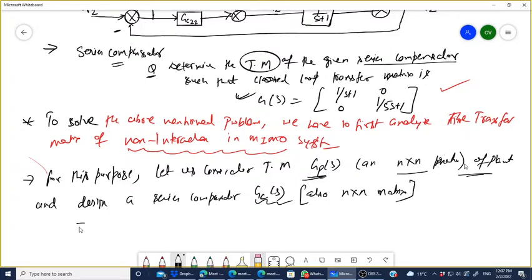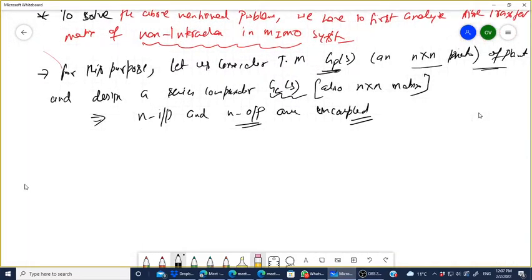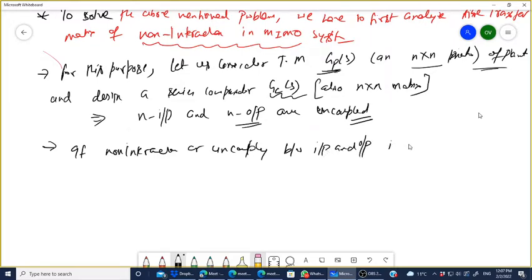Right? It signifies that we have n inputs and n outputs, and both are uncoupled. Now how will we understand uncoupling and non-interacting? If non-interacting or uncoupling between the input and output is desired, how will you understand it? It means the closed loop system's transfer matrix must be